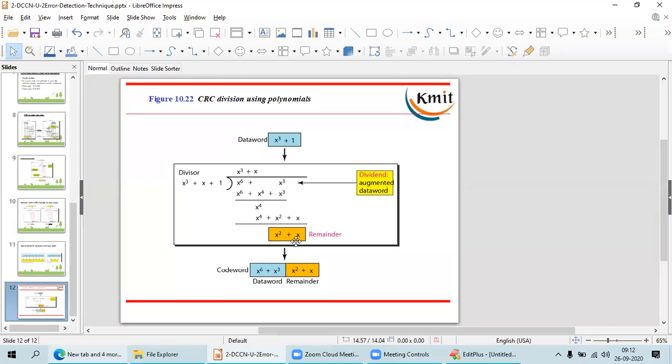My data word is 100 100 100 100. The divisor is 1101.